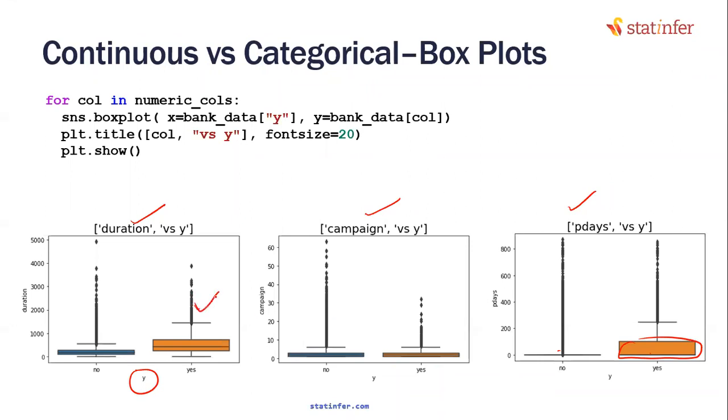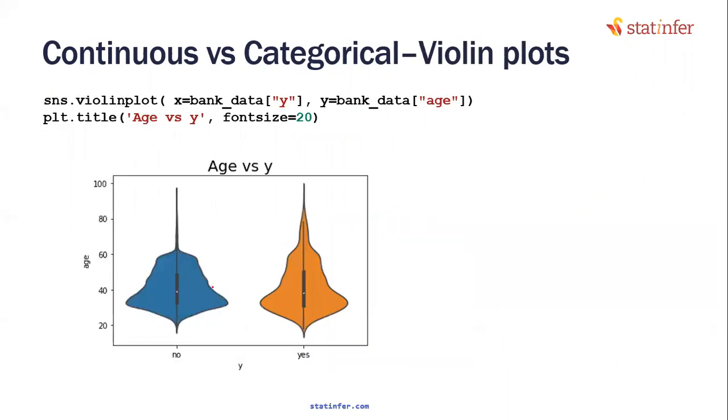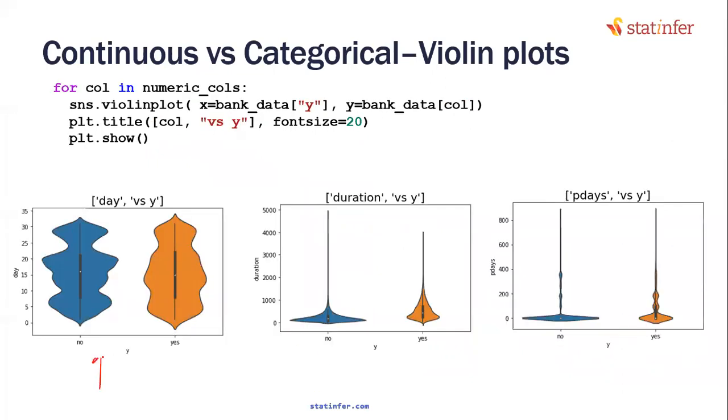What is the other alternative to box plot? If you don't like a box plot and want to show it slightly more neatly, instead of box, you can show, what is it? Bar chart? No. Violin, sir, violin. It has to be violin. It's not bar, so you have to be careful. So it's violin for segment 1, violin for segment 2, and so on. Looks like a true violin, but we can't play it.